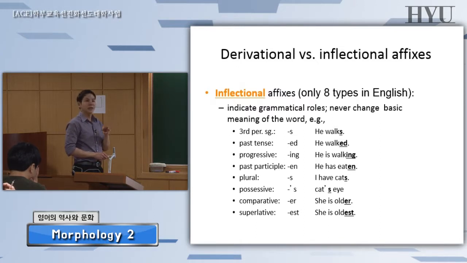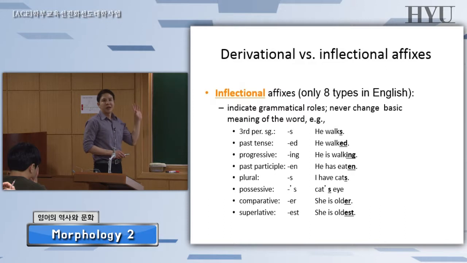So this is about tense, the first two, and the next two, ing and en, are called aspects, like progressive, something is going on all the time, or the perfect, like he has eaten. So the first two are tense related, but the next two are